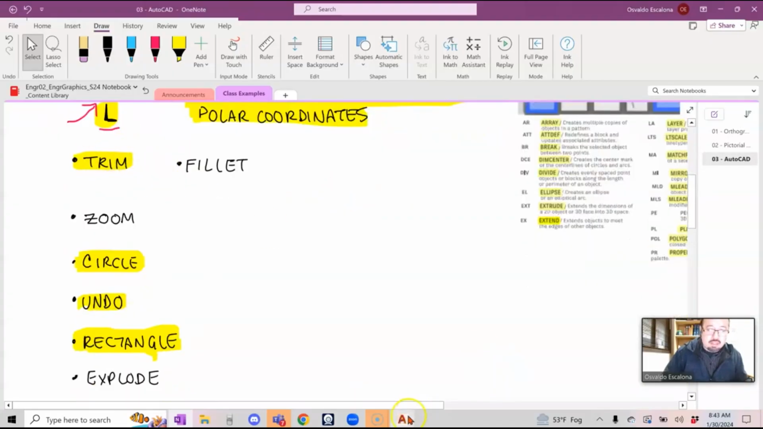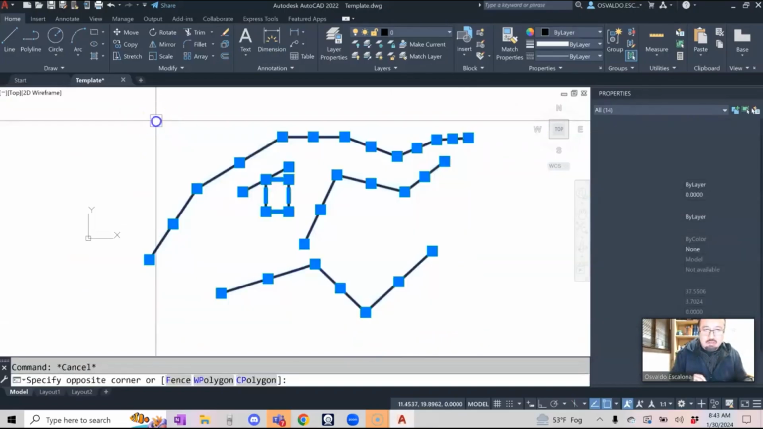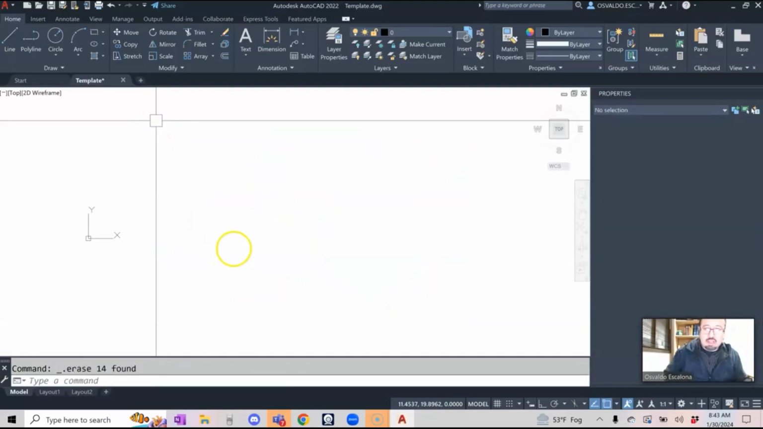Trim. What do I use trim? So trim is another command that is usually really useful. And again, I'm just going to make a window to get rid of all of this. And I'm going to use my line